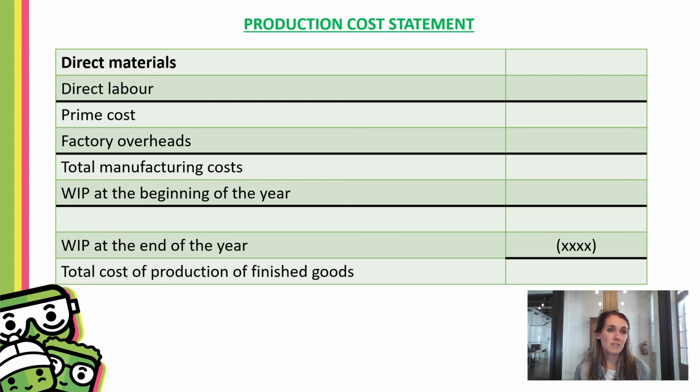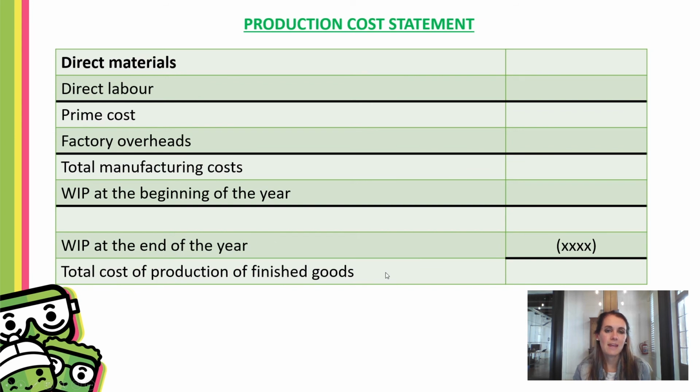So I've listed over here your layout. You have to memorize the layout. We start with direct materials, then we get direct labor. And if we add the two together, there's a dark line. That's the answer, prime cost. Then we add factory overheads, and then we get the total manufacturing cost. They normally give you the balance at the beginning of the year, or they give you the one at the end of the year. But either way, those two amounts will be added together, and then you minus the work in progress at the end of the year, which is your closing balance,